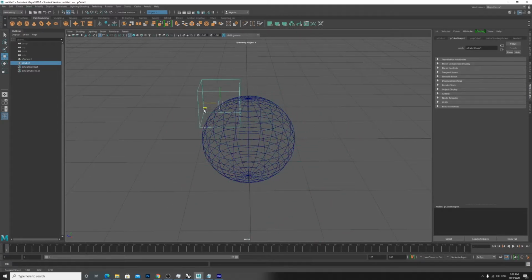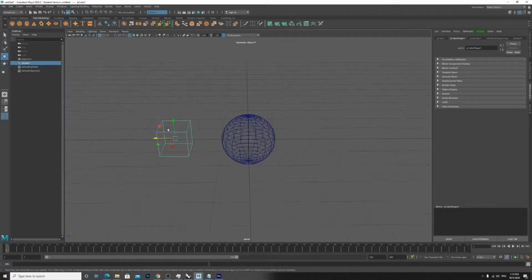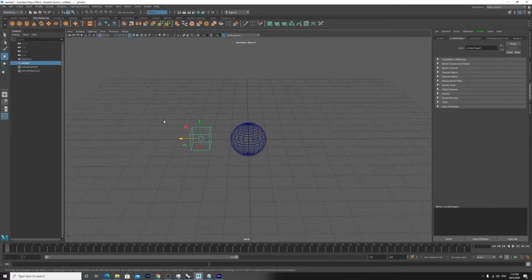I like to use these arrows because it's a more precise way of locating your object. So now that we've moved the cube, let's zoom out, go back to your shaded mode,